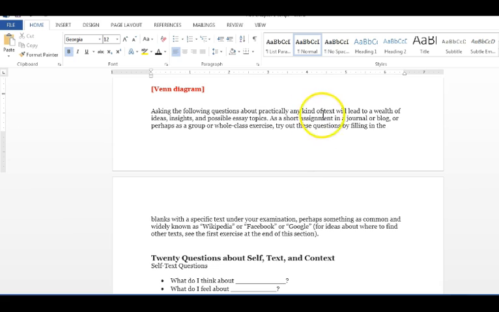And so down here again, it talks about a short assignment in a journal or blog, or perhaps a group or whole class exercise, try out these questions. So I need to decide how I want to do it, because this is, again, kind of like a script for the professor in class. So if I'm going to actually make one that's usable in my class,